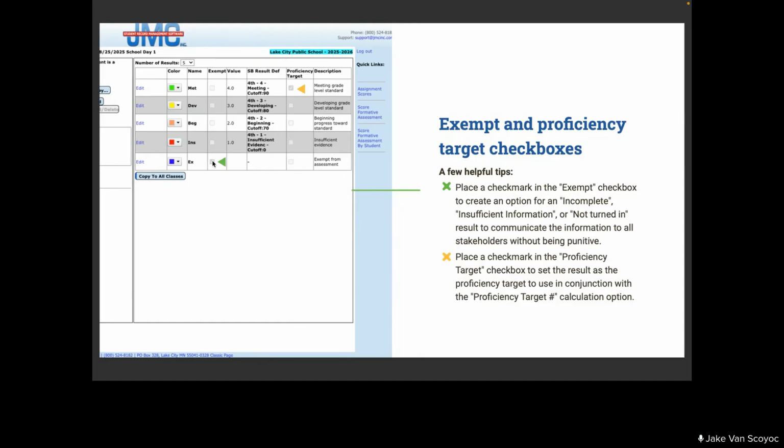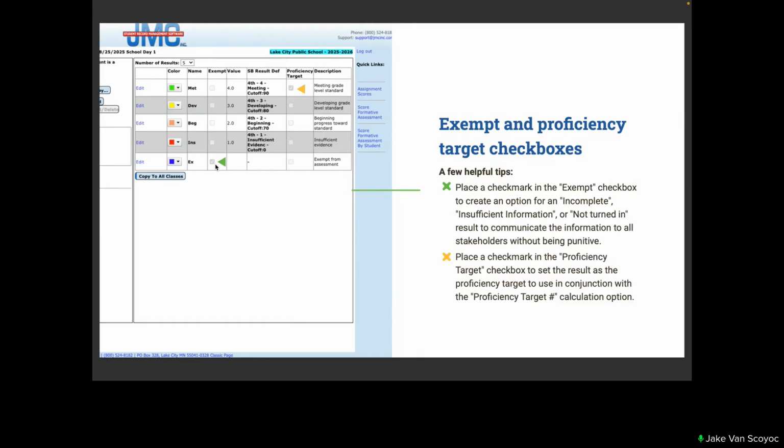So those that are making the shift from a traditional letter grade, points and percentages system to a competency-based system have recognized that if we include zeros in our grading, we might be misrepresenting what the student knows and can do. So this exempt category allows you to note that a score is missing or you have insufficient evidence or whatever the case may be, but it's not going to calculate that result to the end of term